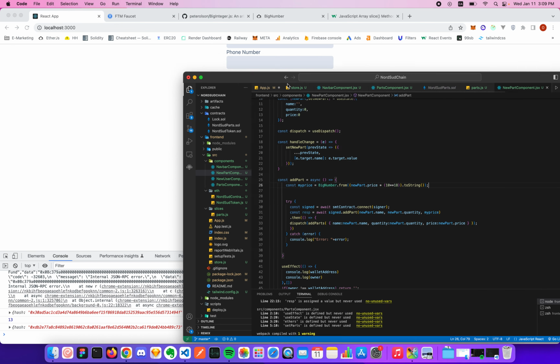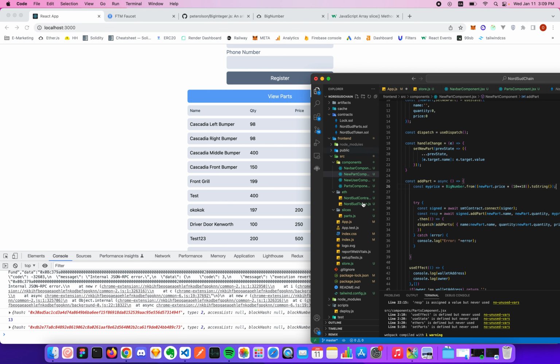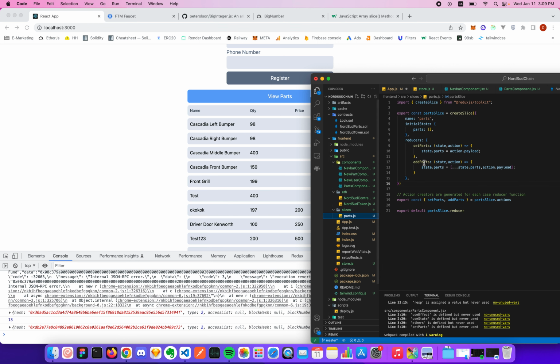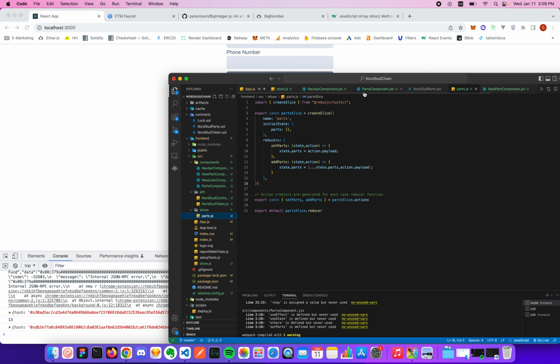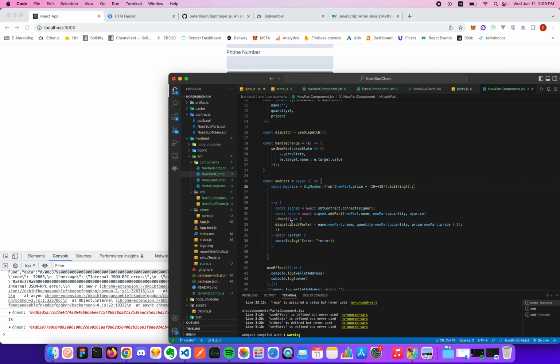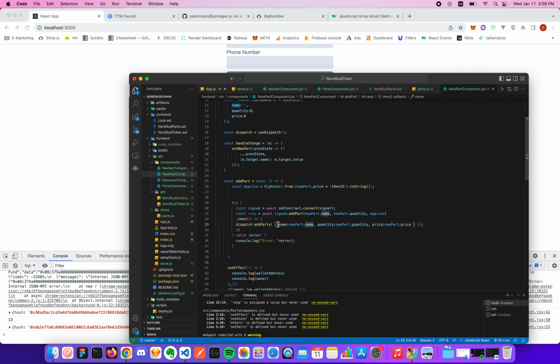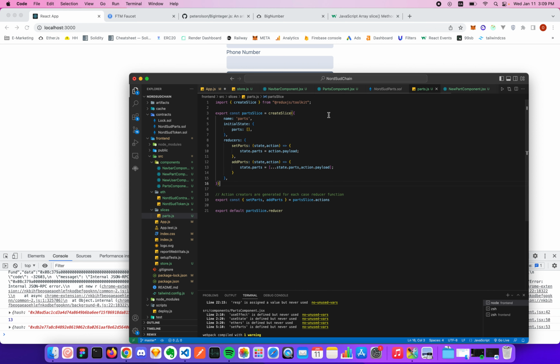Also I created these parts here. I created a slice for it with Redux. So when I add a new part, I don't want to fetch all the data again from the blockchain, okay? I just add it, and I use the add part here, that I have a slice here that just adds it to the state variable,